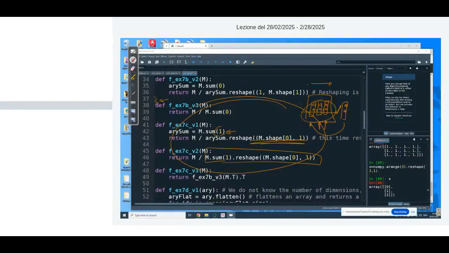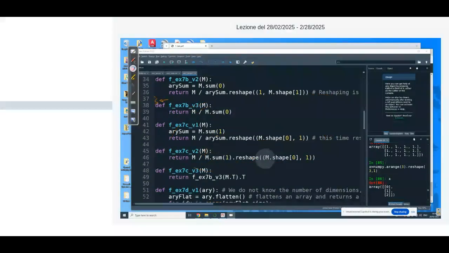Now, since sum returns a one-dimensional vector, I need to explicitly transform it into a column vector, because otherwise, if I don't transform it, it would be treated as a row vector. But as a row vector, it would not work with what I want to achieve. So in this case, I must implement it as a column vector. Then, last thing, since we have 1 minute left,